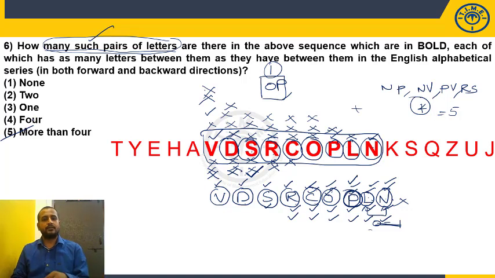Okay, so this is how we can solve this question. Here it is taking a lot of time, but when you visualize with the English alphabet, it will be very easy to complete and will take less time. This is important in the miscellaneous area and in the sequence also. In this kind of question, how many such pairs of letters, you will always be given both forward and backward directions. If it is not mentioned also, you have to consider both the directions.